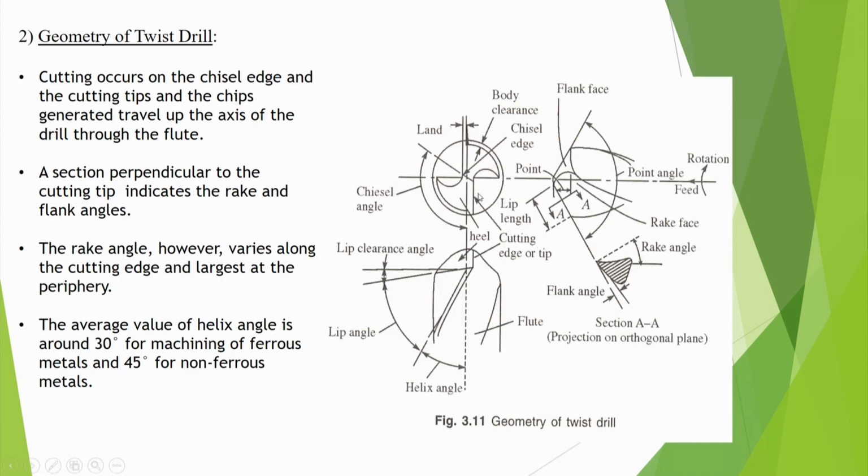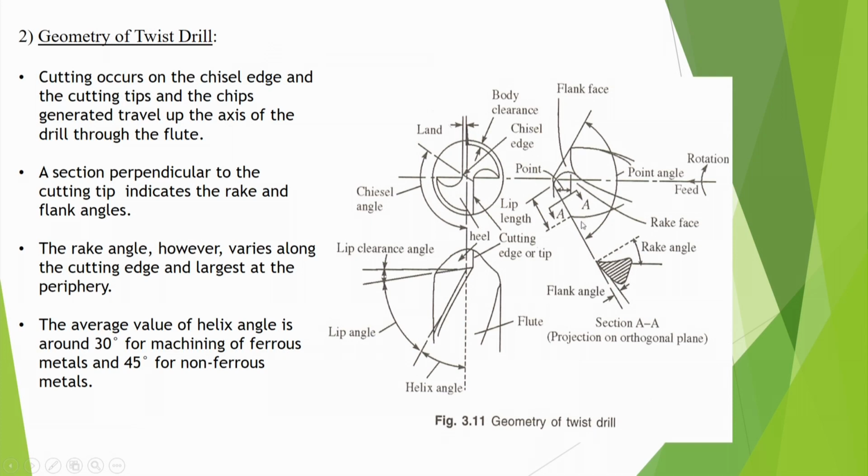Similarly, you can have a twist drill. There are two main cutting edges which are cutting. The cutting operation goes on in a helix-wise fashion, and here we define a helix angle. This edge is called the chisel edge. The outer place is where cutting occurs, and the other part of the body is slightly inside so that it doesn't rub. That is why we call it body clearance. The only thing to visualize now is that it is in a curved profile; otherwise it is the same way.